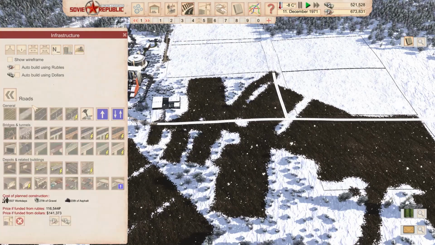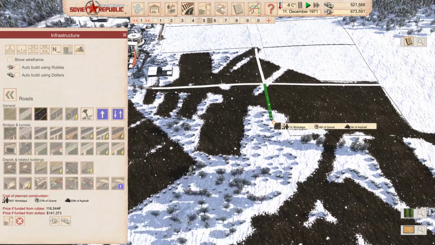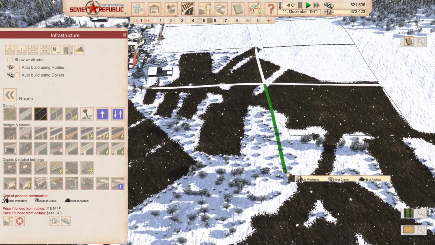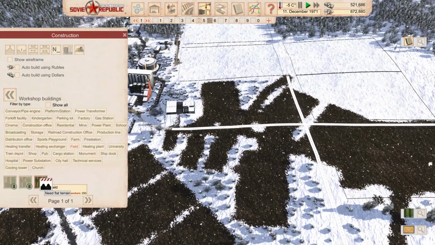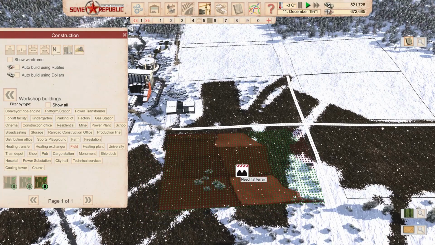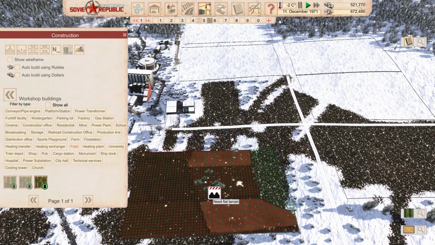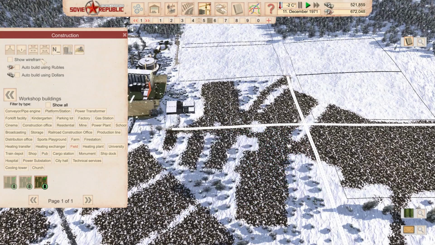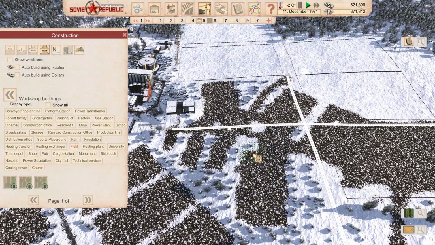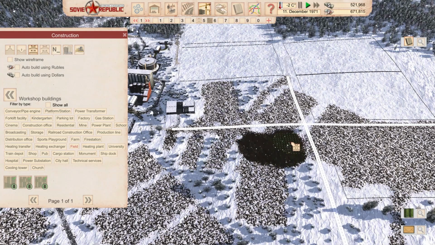We have a main road going over here. So we're gonna continue building the main road going over here. And we're gonna go for another field. Modded fields. Right, okay, so this is not ideal again. It looks like it's gonna require some leveling. Actually, let me smooth it out here. I think this might be a little bit...